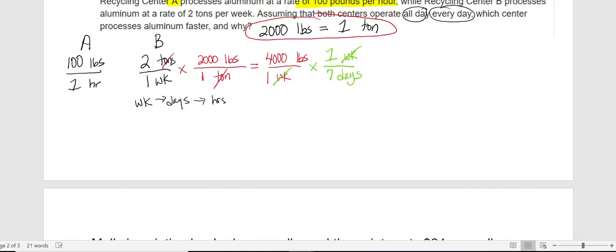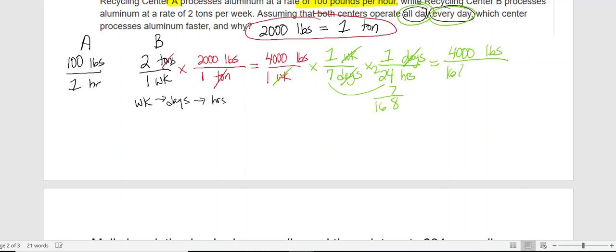But we still aren't in hours. We need to go from days to hours. So if days is on the bottom, I'm going to put days on the top so that days will cancel, and then hours will be on the bottom, which makes sense because hours was left on the bottom over here. How many hours are in a day? There are 24 hours in 1 day. And again, they told us all day, so all 24 hours, every day, so all 7 days. So now we have 4,000 pounds on the top